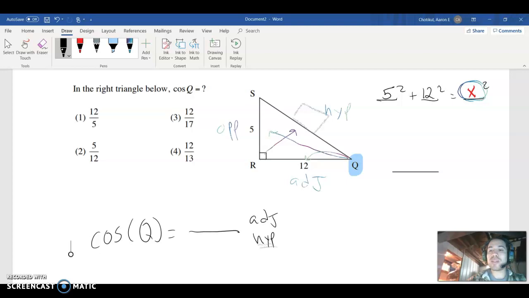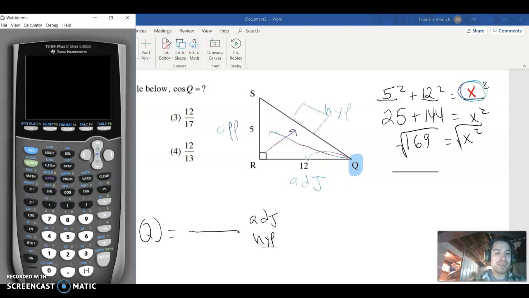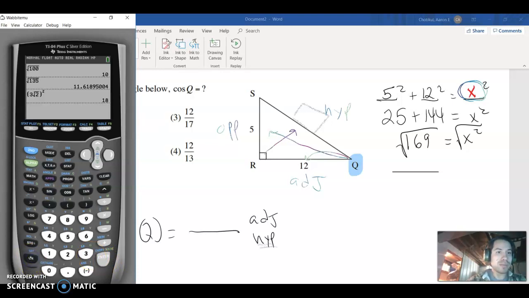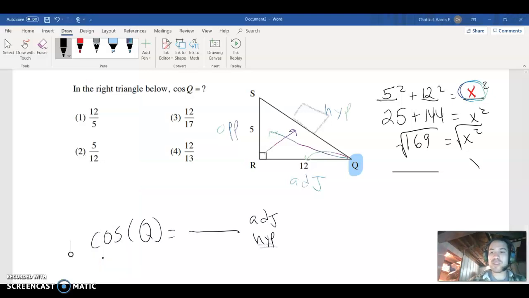So let's solve for our hypotenuse. This is 25 plus 144 equals x squared. This is 169 equals x squared. We go to take the square root. Let's go to our handy dandy calculator here. Turn it on. There we go. And we do second, the square root symbol again, 169. We hit enter and we get 13. It's a nice perfect square. So x